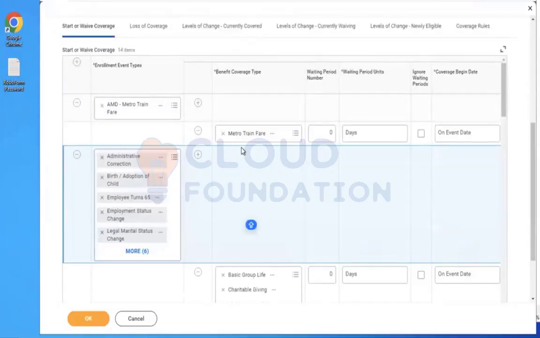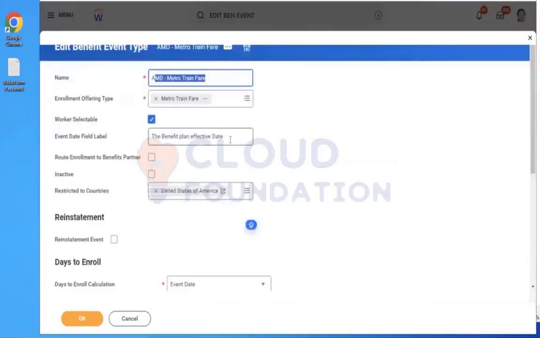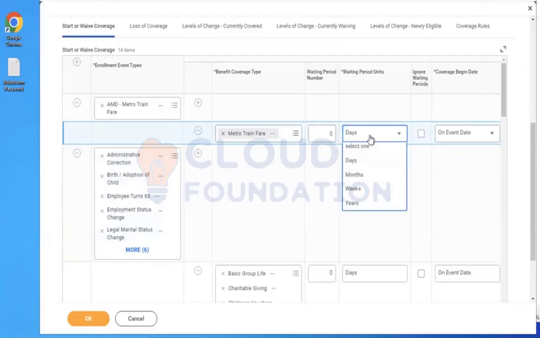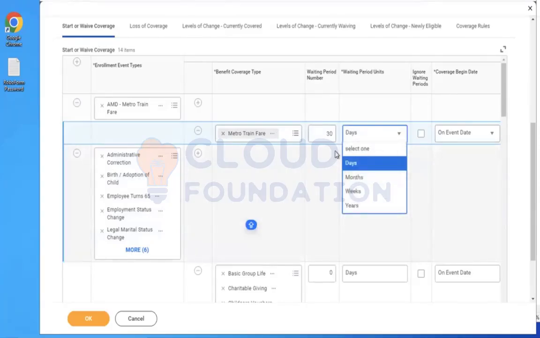And then down from that we selected this coverage type. Now remember this point, the benefit plan effective date. I'm overriding this. I will show you where it comes. Now here you have the waiting period. Do you want all of the employees to wait to get eligibility, which means the employee must complete 30 days of service or probation period, and only then is the employee eligible? You can enter the days, weeks or months. For example, if I enter 30 days, the employee needs to wait 30 days from the employee hire date. It picks up directly from the employee hire date.